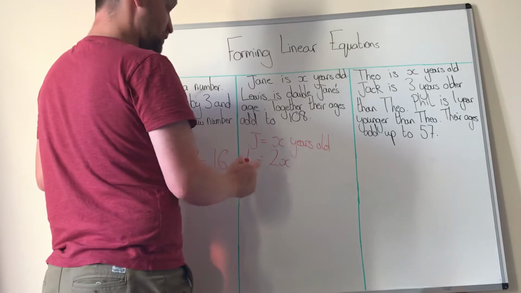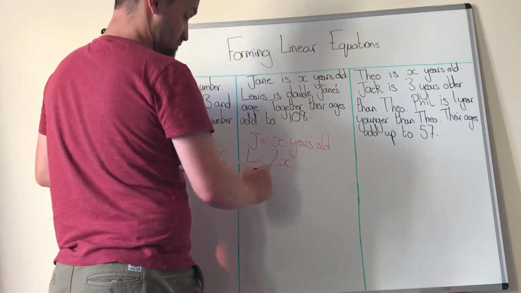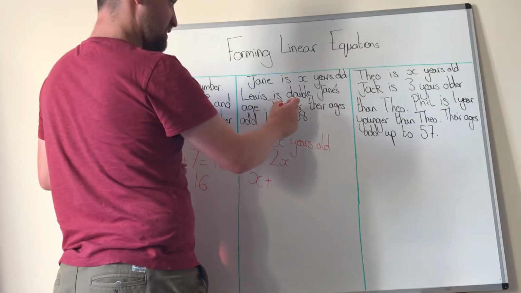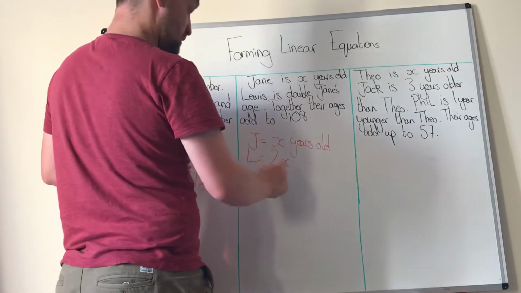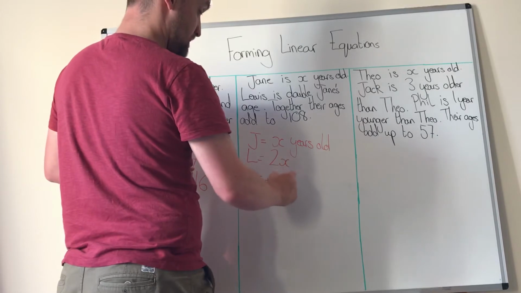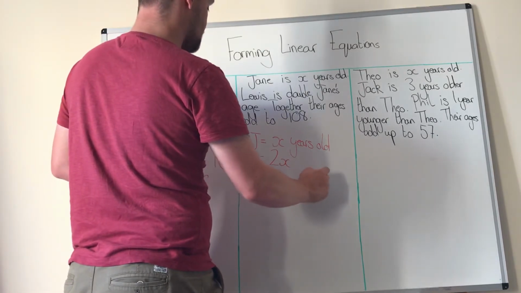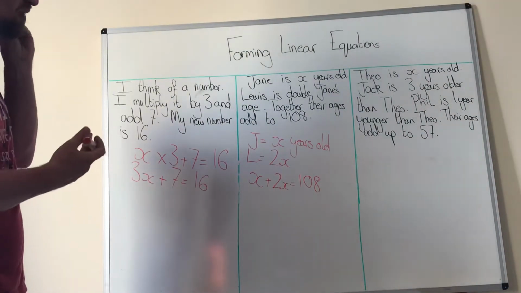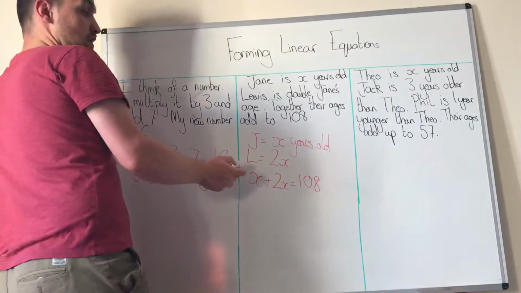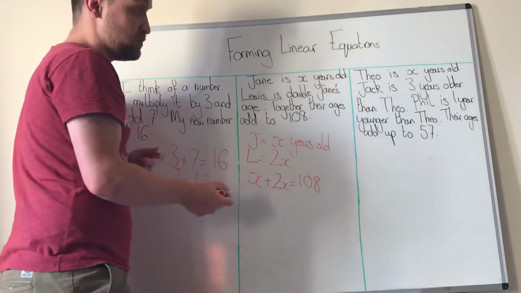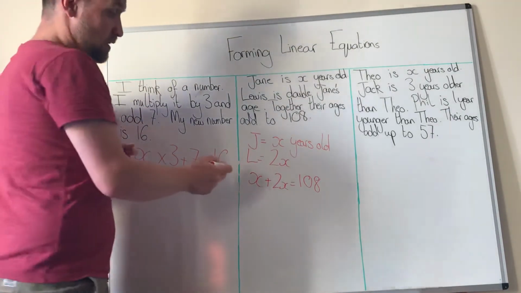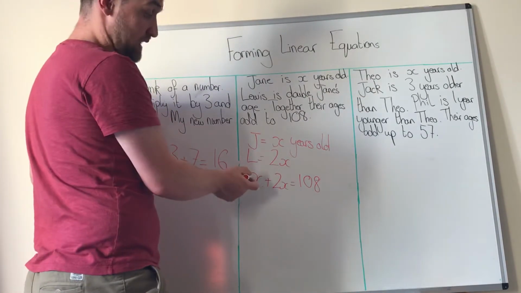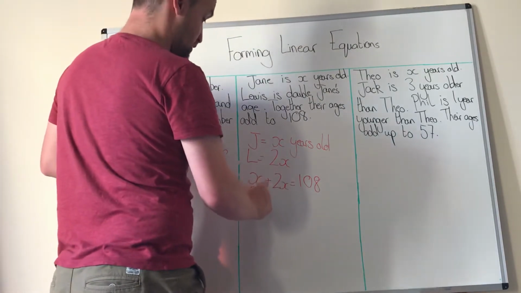And their ages add to 108. So we know that x, which is Jane's age, add 2x equals 108. Again though, we can simplify this, and this will be the step that I think most of you will miss off. If you leave it there without simplifying it, you potentially will lose a mark at GCSE. If we've got x plus 2x, x on its own is just one lot of x. So what we've got is 1x plus 2x, so 3x